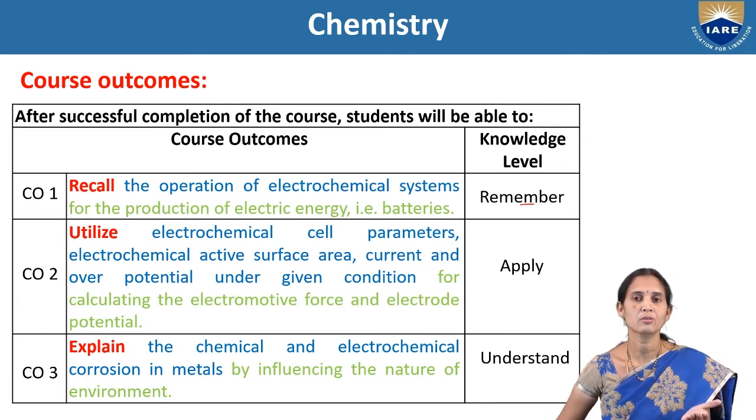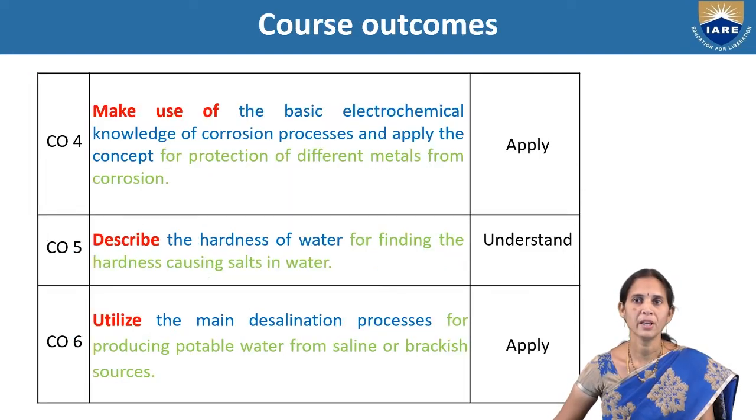So what is chemical corrosion? What is electrochemical corrosion? So we have given here understanding. CO4: make use of the basic electrochemical knowledge of corrosion process and apply the concept for protection of different metals